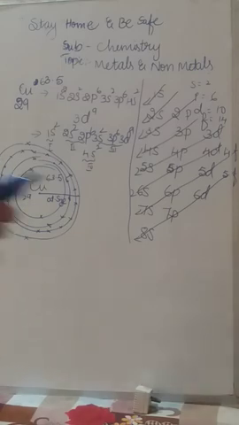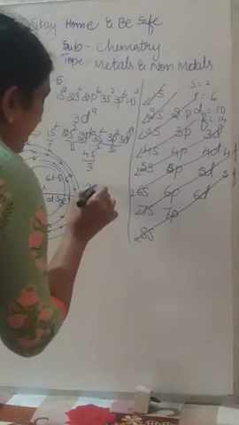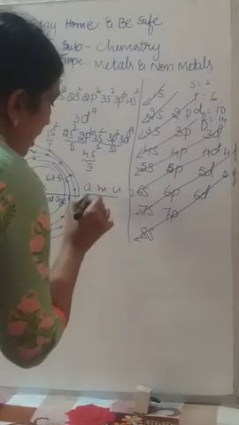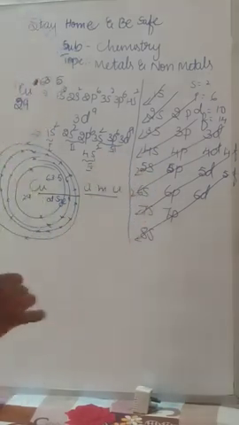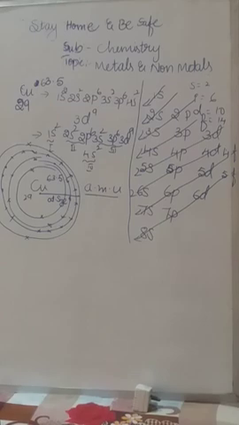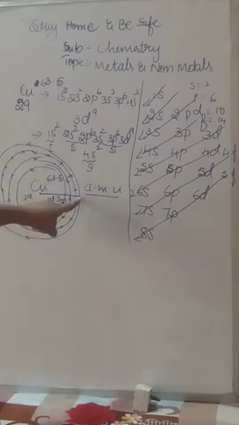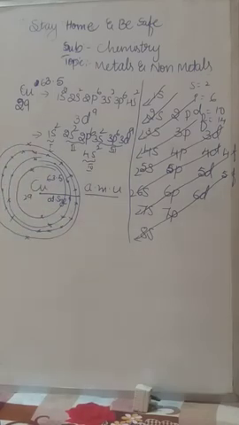Atomic size is measured in one unit, that is called AMU. AMU means atomic mass unit. Keep in mind, AMU full form is atomic mass unit. AMU is the unit used to measure the atomic size of an element. What is meant by atomic size? We can give two definitions here. One is the distance between the center and the last orbit, or the radius of an element, is called the atomic size. So this is okay.